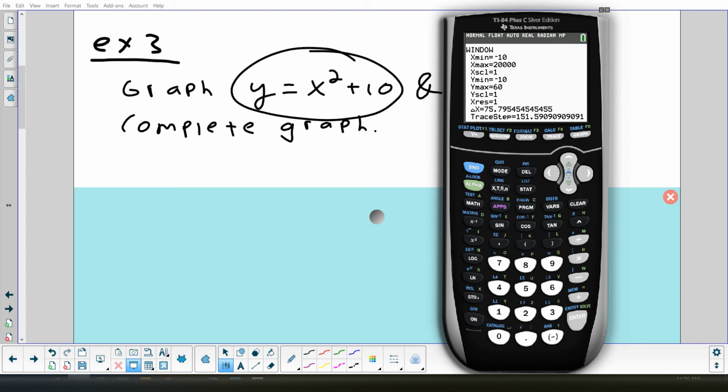The other thing about the graphing calculator is it distorts what you see a little bit. So if you look at the screen, is it square? No, it's rectangular. So if you do a standard window, which is zoom 6,